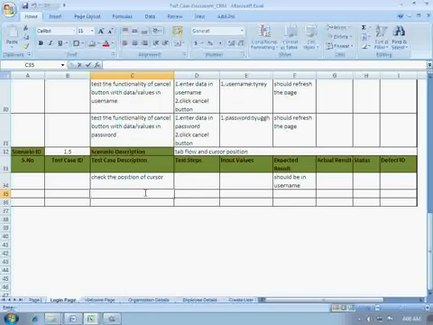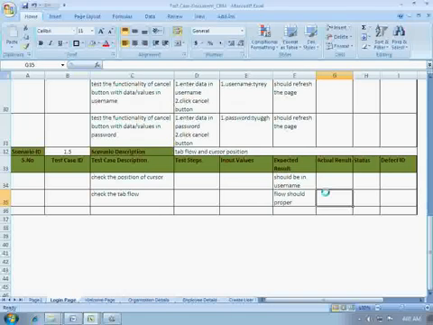Now tab flow. Check the tab flow. Now expected result should be: flow should be proper. That is,